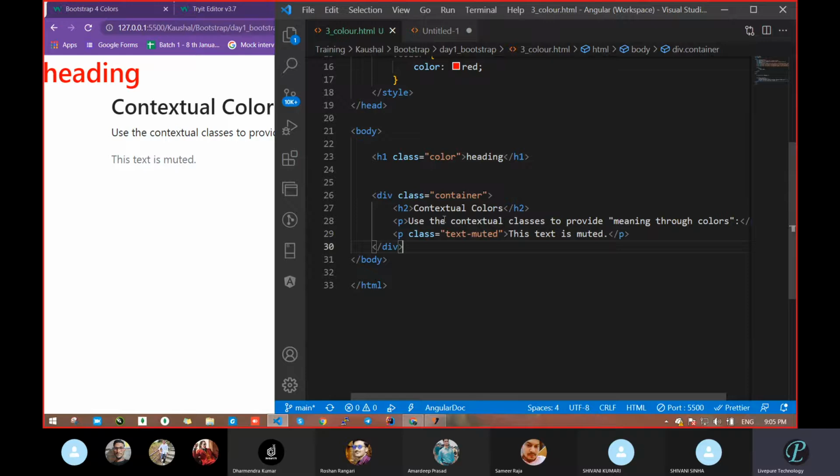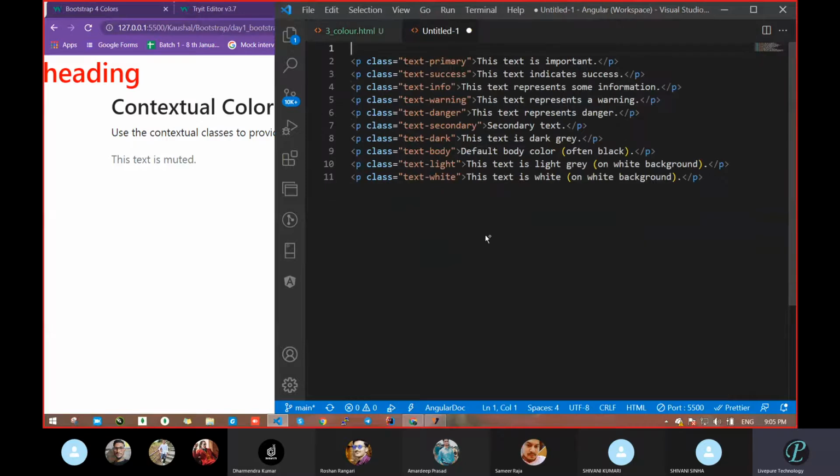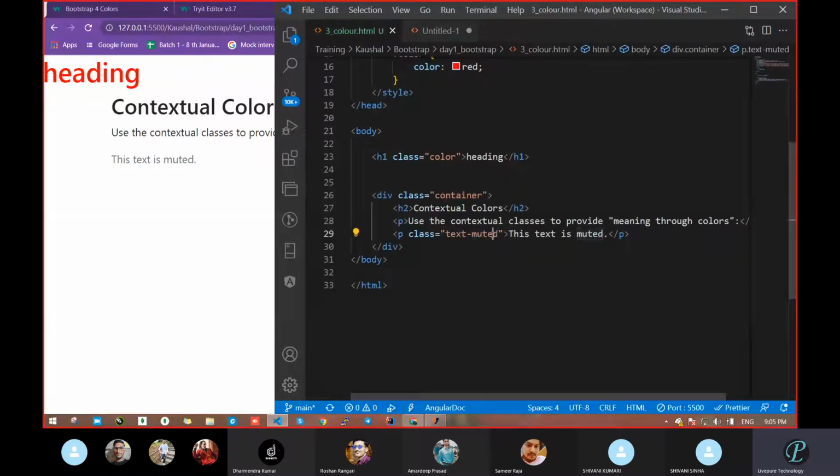The main thing is just text. Muted is not the main thing. So if you have to set the color of any text, you take text and then the color name. The color name is muted. Let it be. If you want something like a success type, or a primary color, what is the primary color? Whenever you want something, that is blue.